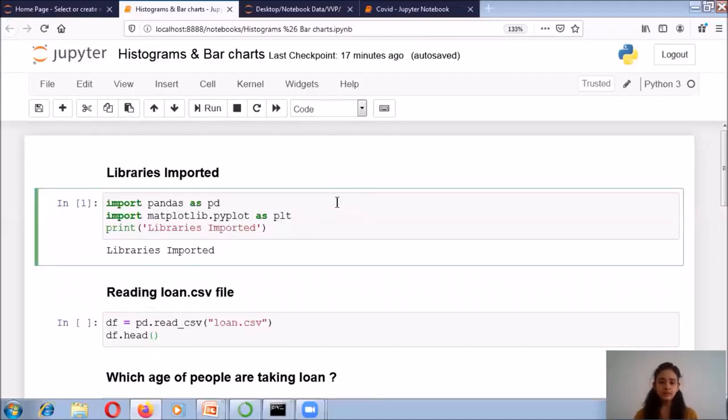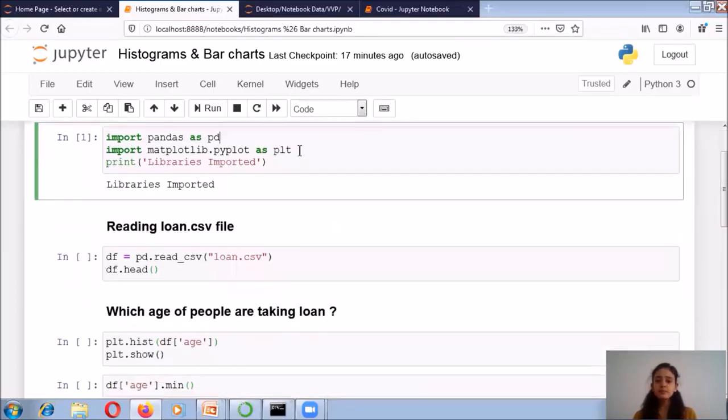So my first step is to import the libraries. I am importing pandas as pd, and I am importing the second library, matplotlib.pyplot as plt. Why am I importing this matplotlib library?